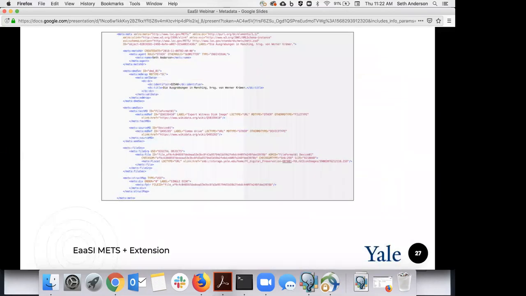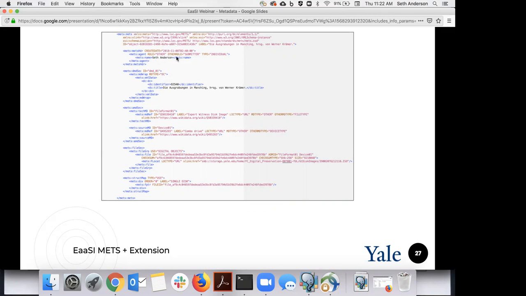And we're also working on serialization of the metadata that we capture, both for exchange between the nodes, but also as a means of submitting or importing data into an EaaSI infrastructure without having to do any data entry or filling out all of the various forms that we'll have in the system. So trying to speed up